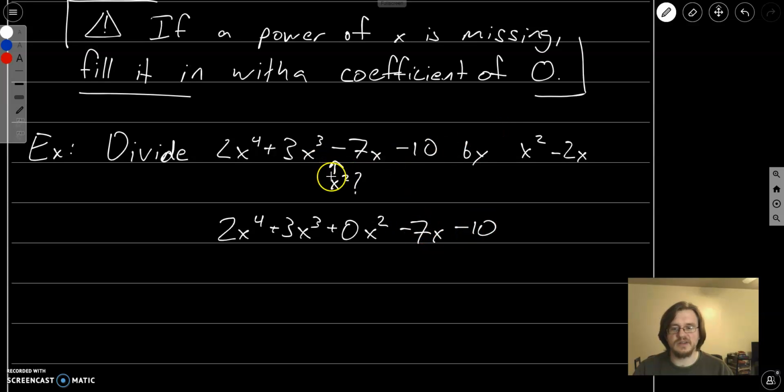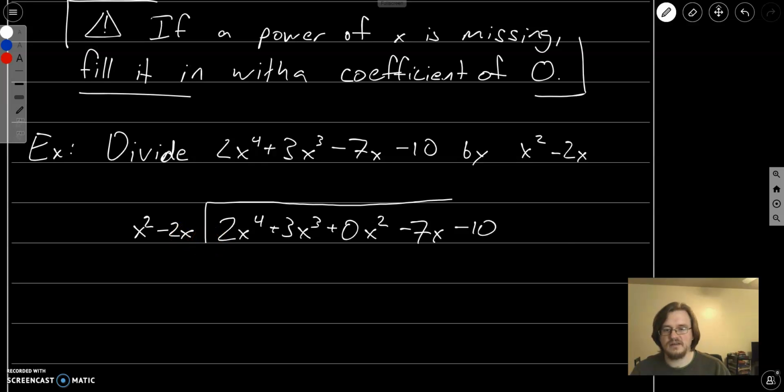So that's x squared. I do have my x to the first power, which is just x, and x to the 0 power, which is just going to be this constant term here. So now we get to divide this big one by our divisor, which is x squared minus 2x. So again, we look at the first term here and the first term here, and if I take 2x to the fourth and divide it by x squared, I'm left with 2x squared, and since there's two terms here, this will go over this term. So 2x squared,